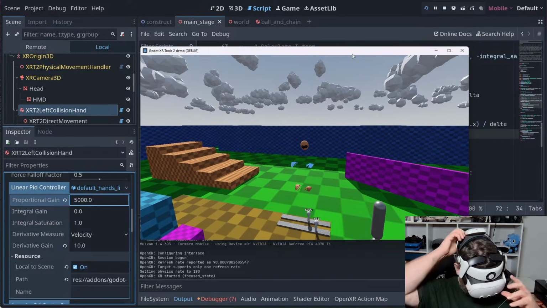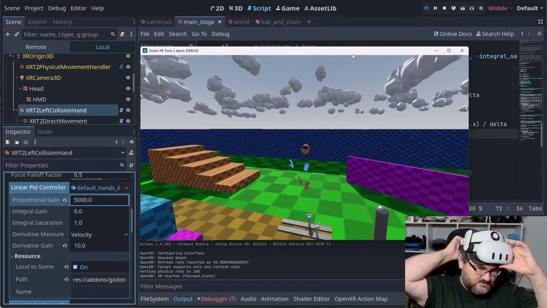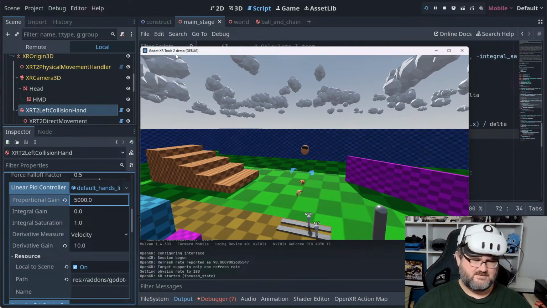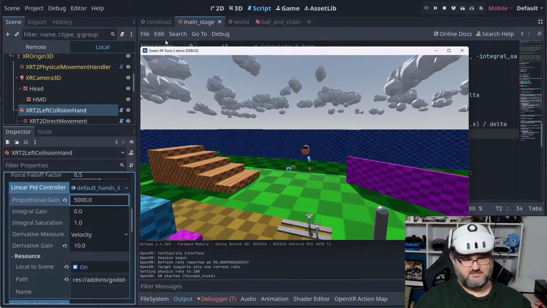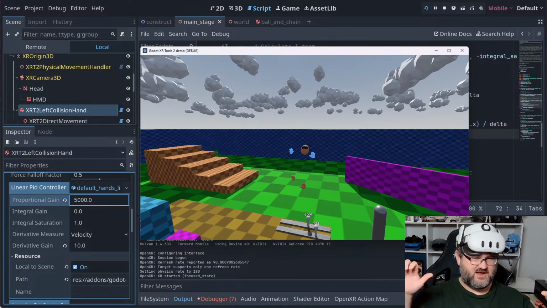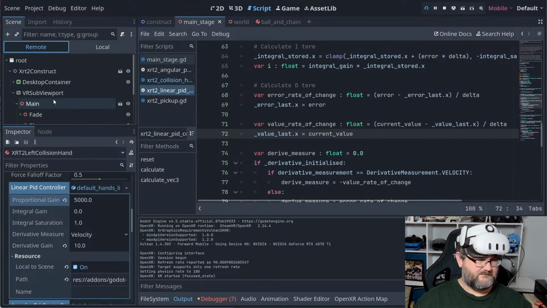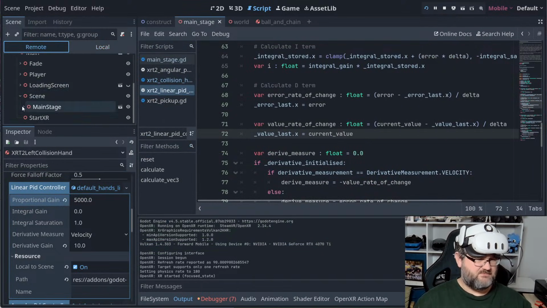All right. Huh. So now it's gone to hand tracking. Okay. The thing is, I've now got